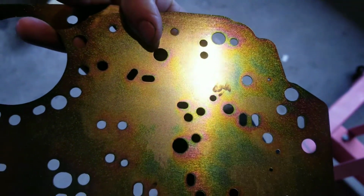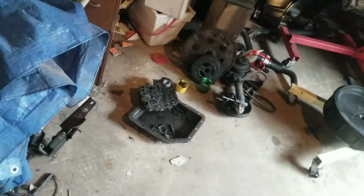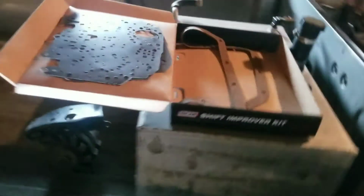That one right there is for the street and strip setting, which is what I'm doing. The other one is a towing package. So what I'm going to be doing is filing that down, and then we got these 2 gaskets, and they're